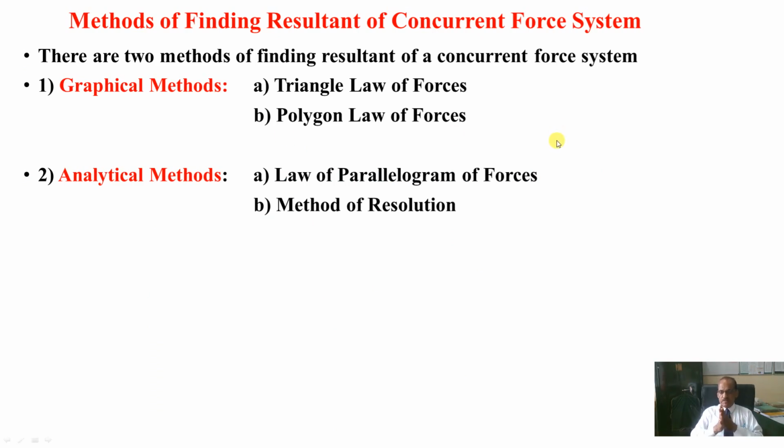Now there are different methods of finding out the resultant. Some methods they have theoretical importance, and some methods practically we are going to implement. But at least the basic fundamental of each method you must know. Broadly, there are two methods. One is a graphical method. Second is analytical method. Now in graphical methods, we can use triangle law of forces, we can use polygon law of forces, and in analytical methods,